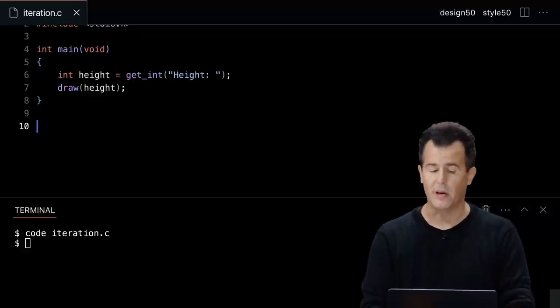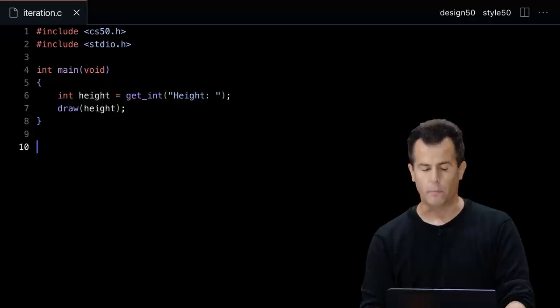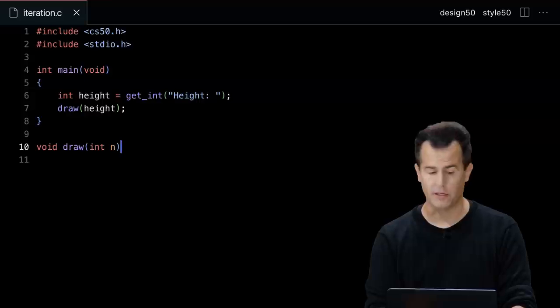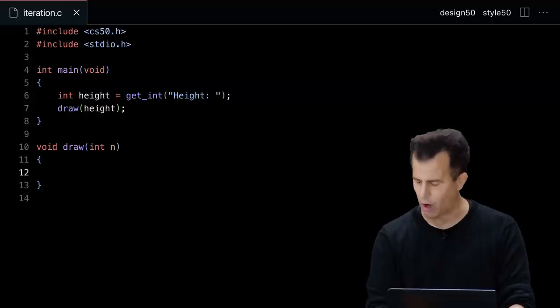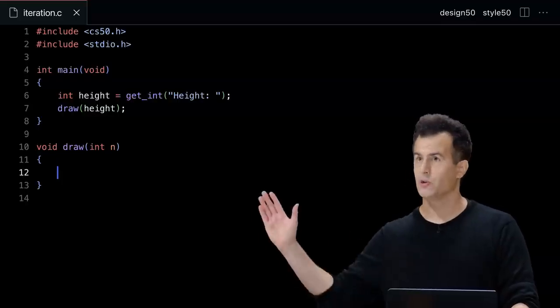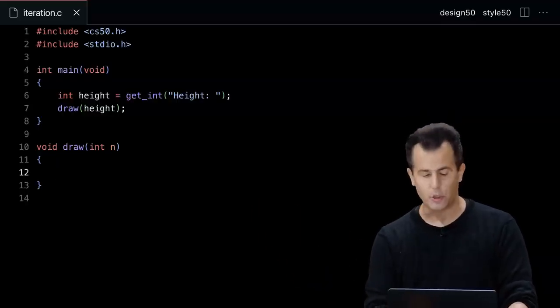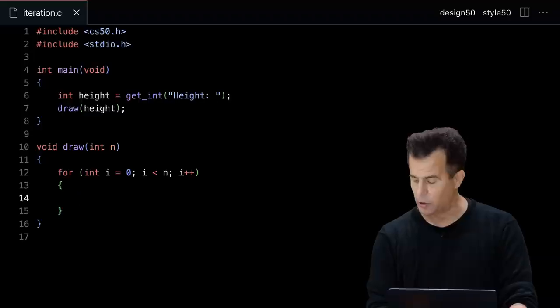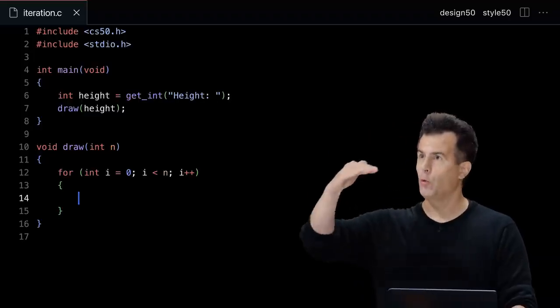Well, a couple of different ways. Let me do it iteratively with a loop. So let me define a function that doesn't return anything, because I just need to have side effects of printing on the screen. I'll call it draw. It takes as input a value like n for the height that I want it to draw. And then inside of draw, what am I going to do? Well, this is easier than problem set 1 was because of the direction that the pyramid is heading. So this I can do fairly quickly: for int i = 0; i < n; i++. That's going to give me row, row, row, row.